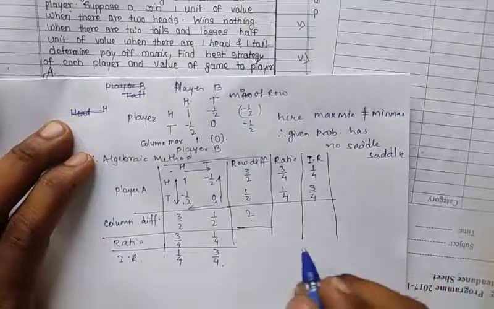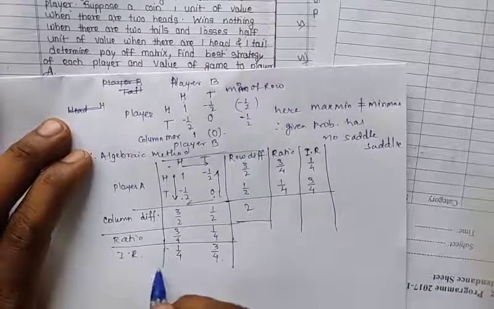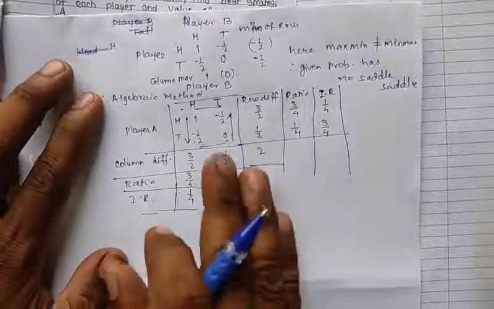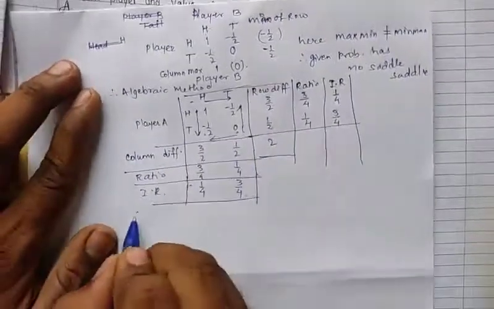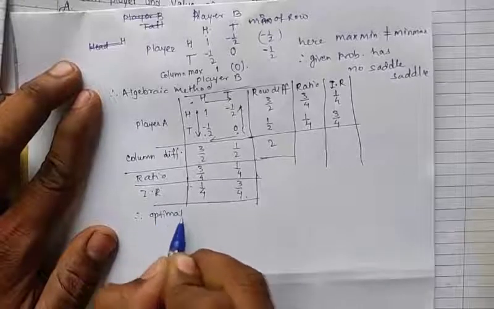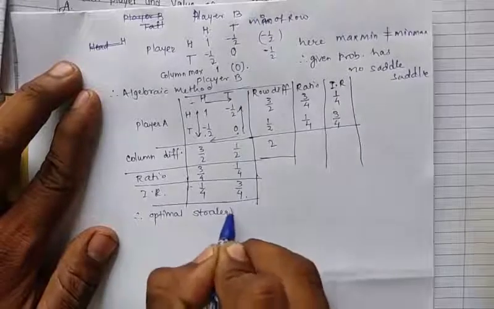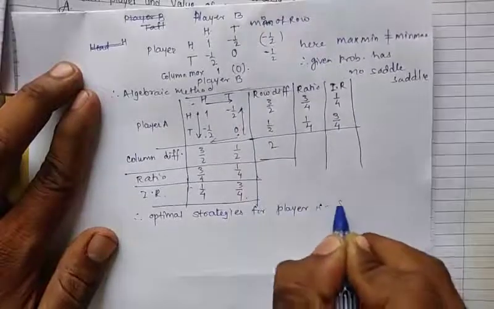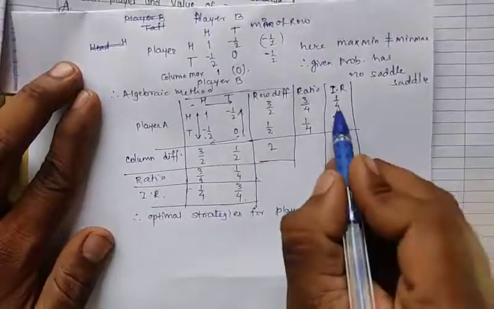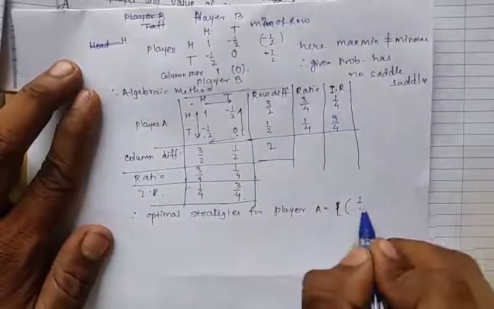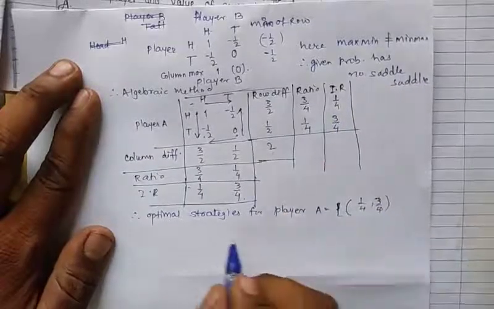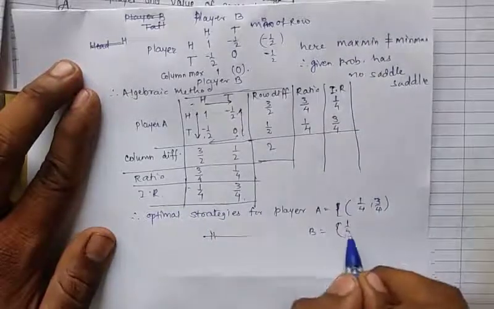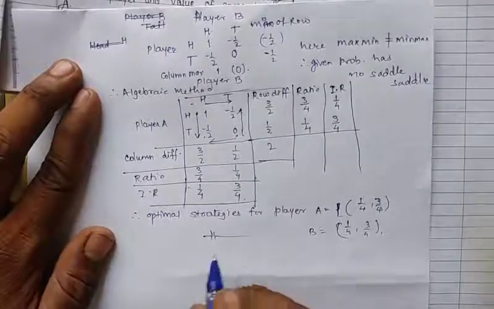Therefore, the optimal strategy for player A is 1/4 and 3/4. And the optimal strategy for player B is again 1/4 and 3/4. Okay. And the value of the game,